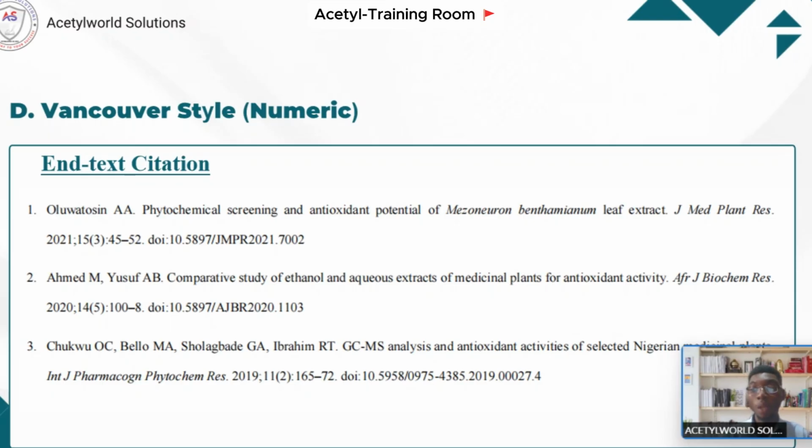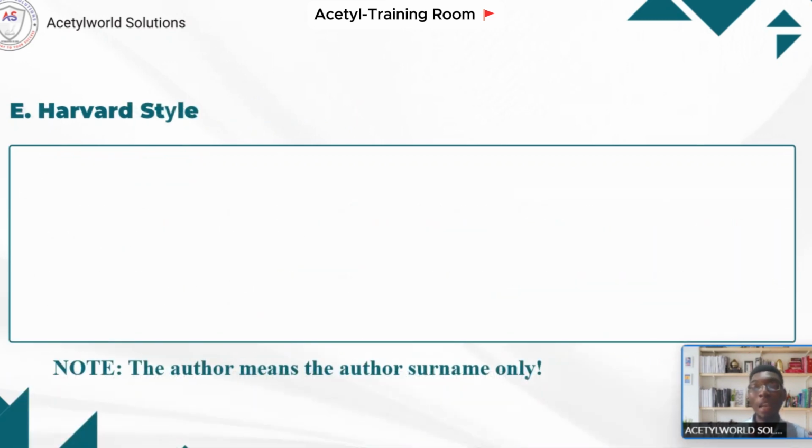And you can see the way they structure these references. They started with the name, no comma, no dot. The initials are put together, AA is not separated by any dot or any comma. So you can just study them, you will see that there is a vast difference between them. And the last one is the Harvard styling, which is a common one used in academic writing.